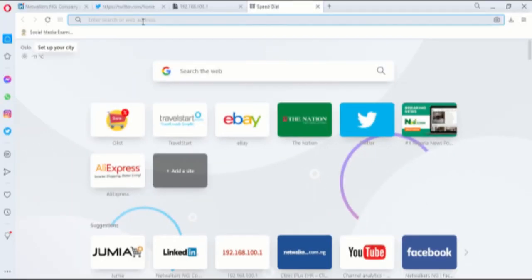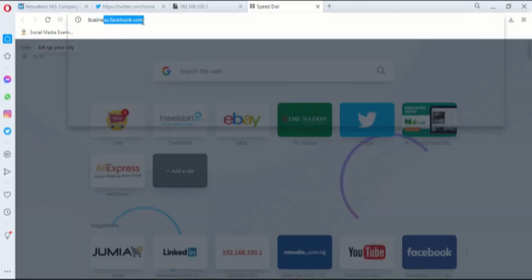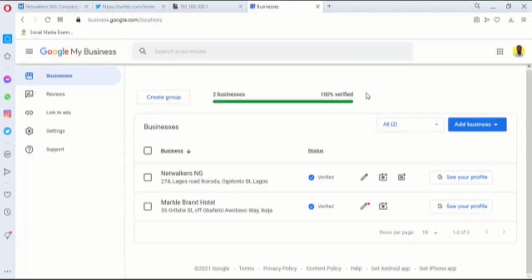So sit back and relax while I show you how to set it up and how to optimize it if you already have one. To get started, I will go to the Google My Business homepage, and we can do that by typing on our URL business.google.com. To get started, you have to be logged in with your Google Hospital email address. Right now I'm logged in with my personal account. First thing I want to do is add a business. I click on add a business, add a single business,